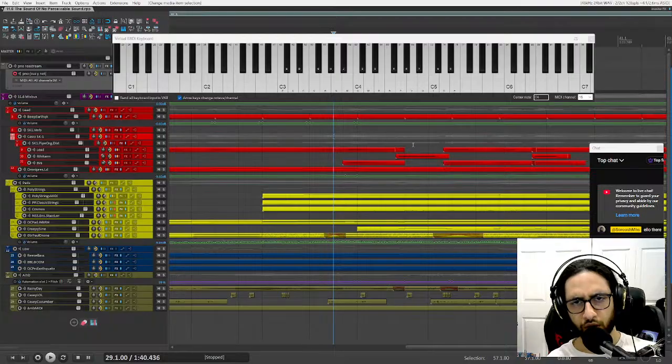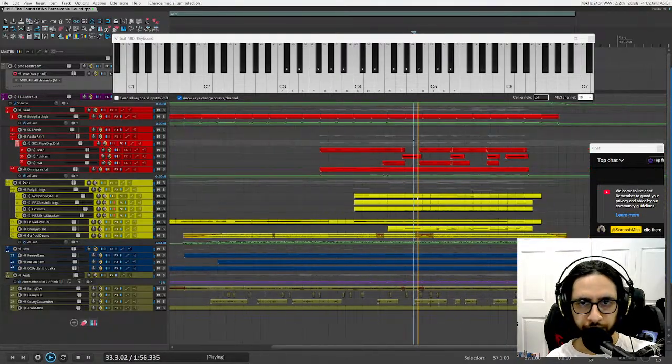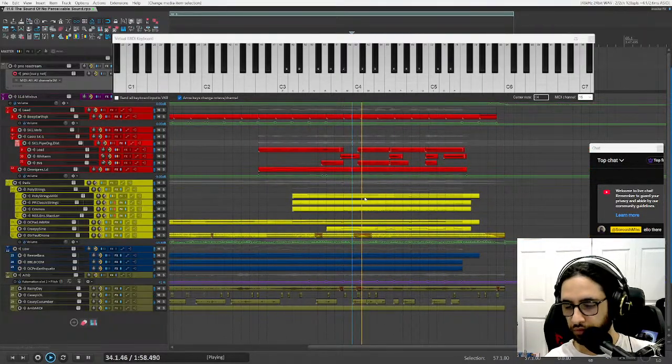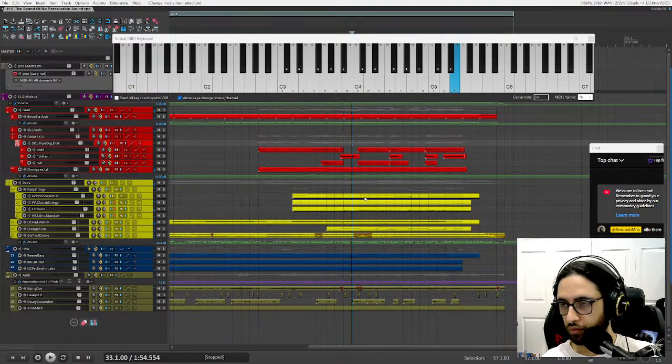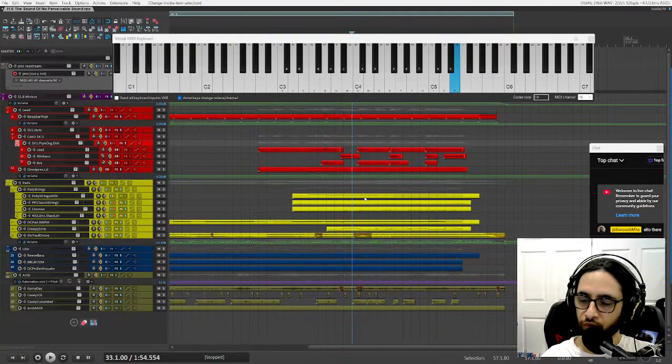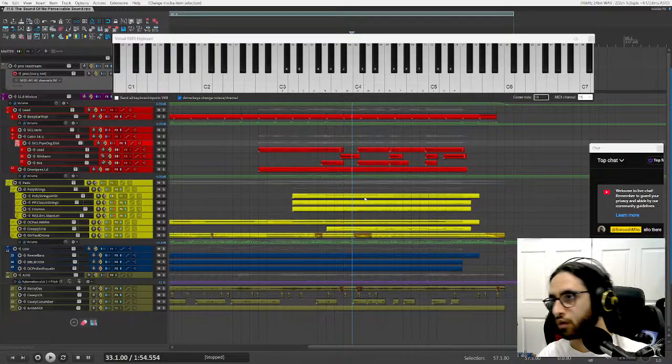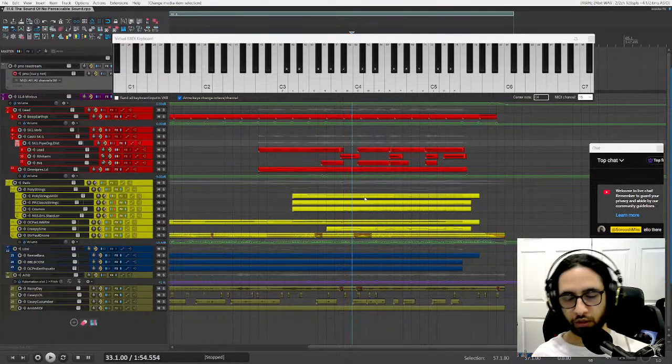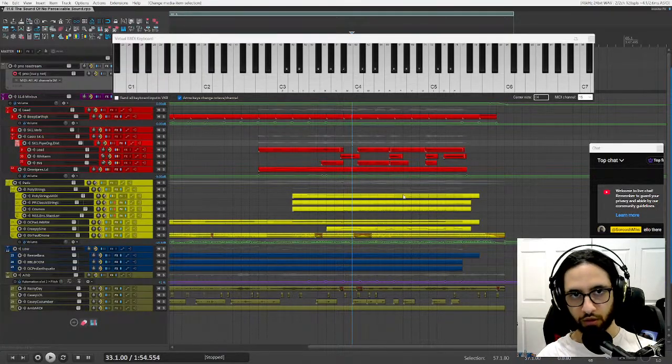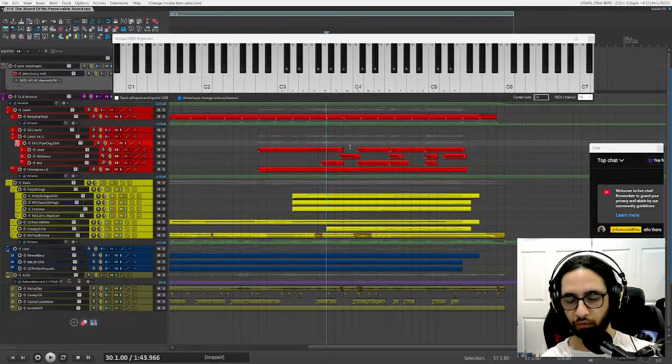What is that? Hold on. Actually, what's another thing that's interesting about this is the melody is kind of staying the same.